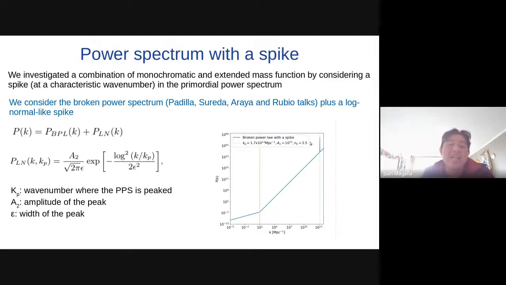And then I can put this peak at any place of the primordial power spectrum, and then I can use this primordial power spectrum in the Press-Schechter formalism, and I will obtain an extended mass distribution with a feature, a spike, at this wave number. Where this wave number is translated to a scale, and the scale is translated to a mass.